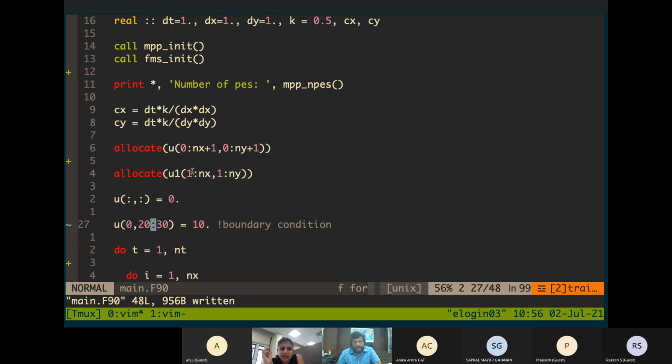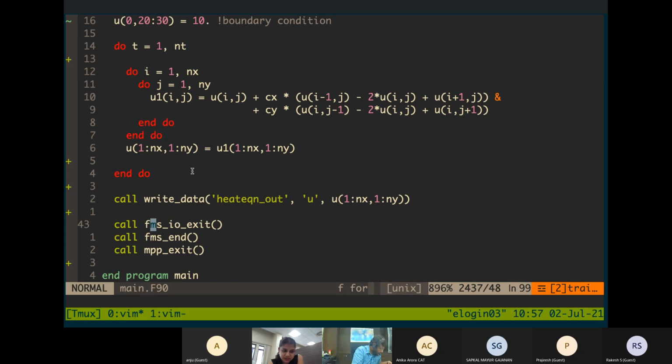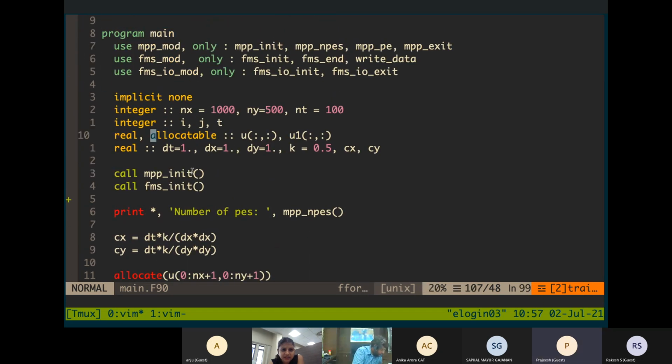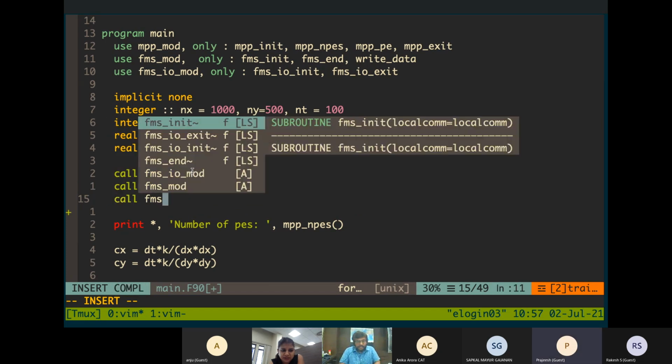Okay. Prajesh, I have another question. Yeah. While ending the program, you write FMS IO exit, FMS end, and MPP exit. But while starting, you use MPP init, FMS init. But we did not call IO init. Actually, you can. I saw the routine here, call FMS IO init.